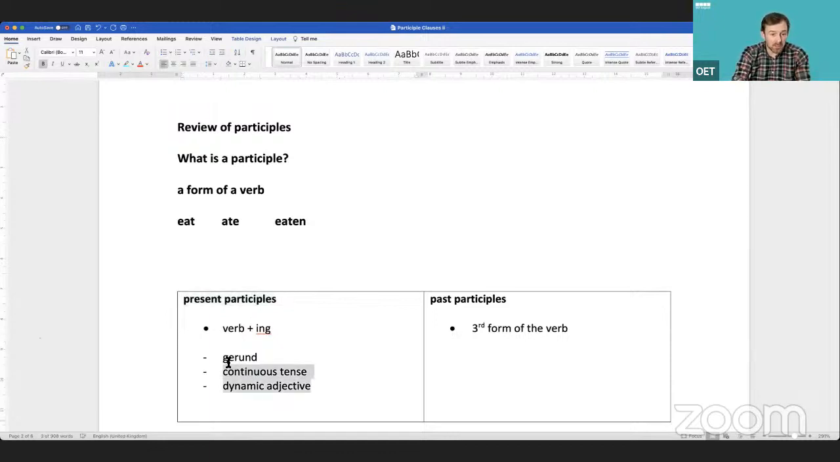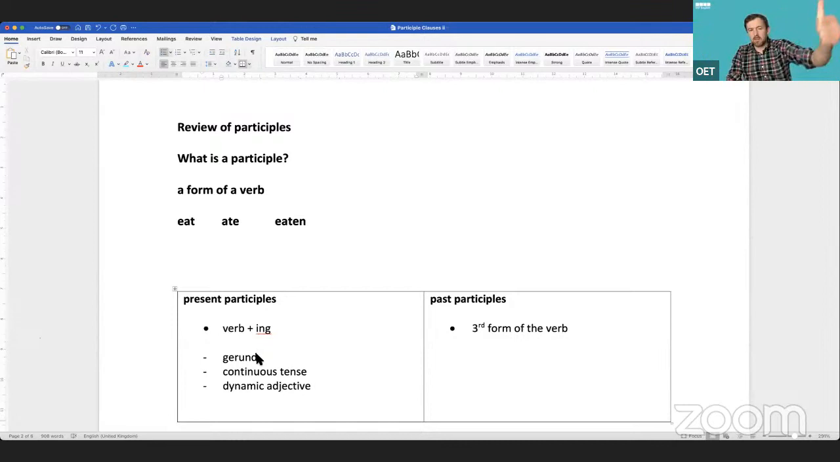But it's always a present participle. That's the thing that you need to have in your mind. Even though in this sentence it's a gerund, and in this sentence it's part of a continuous tense, and in this sentence it's a dynamic adjective, all the time above that it's always called a present participle. And a good way of thinking about that would be